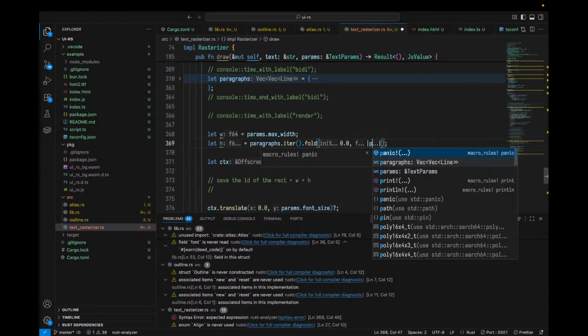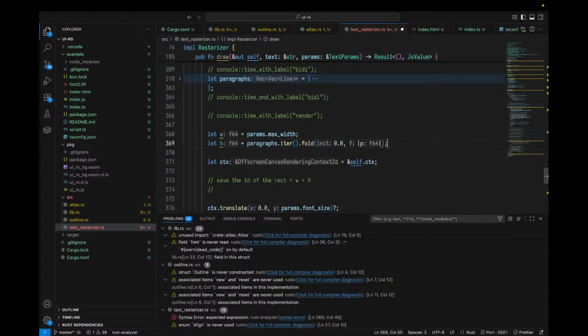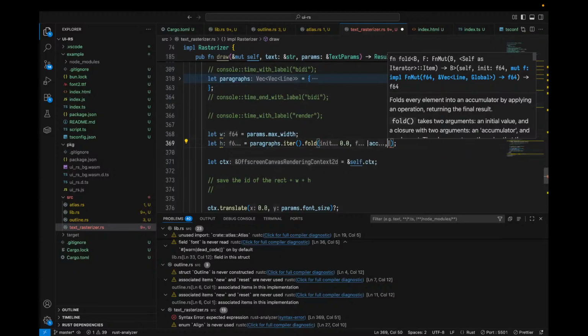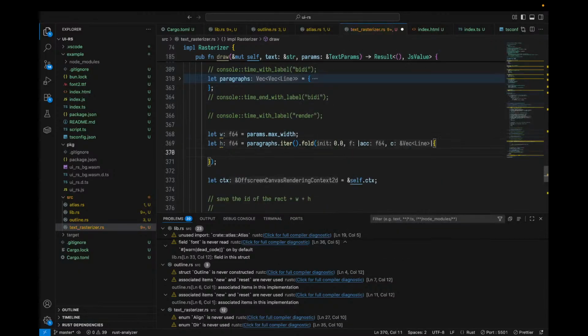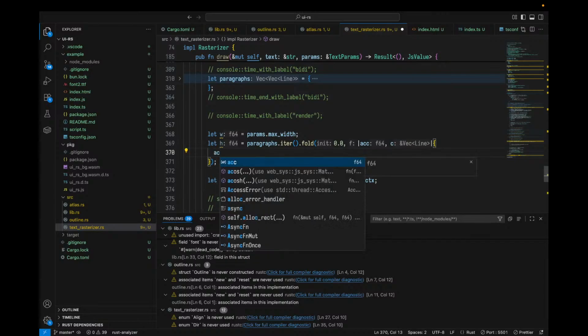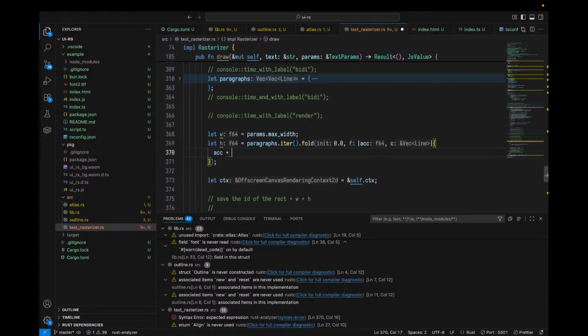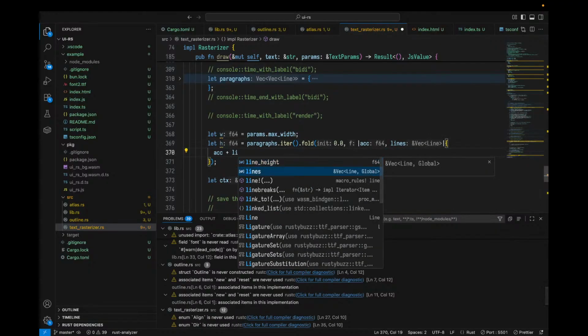This is probably gonna be a line. Oh, like this is ACC, this is C, and gives me a line, and then, oh yeah, that's even easier, so I'm gonna say ACC plus lines